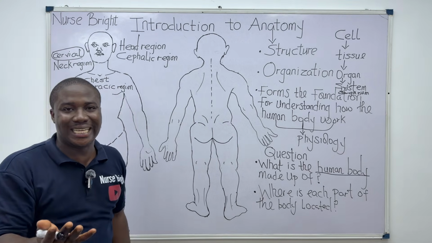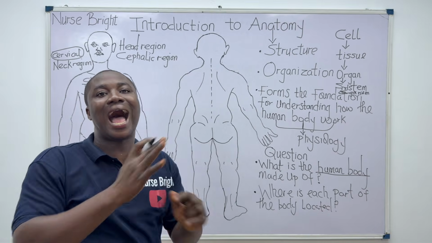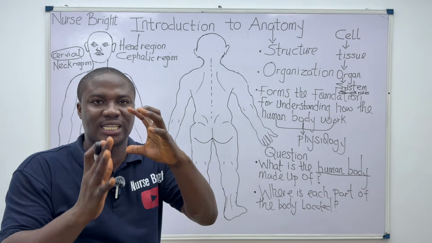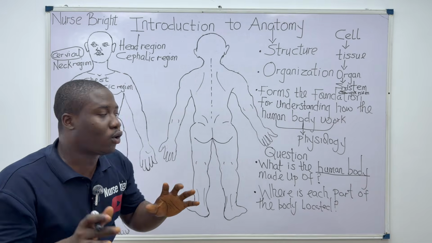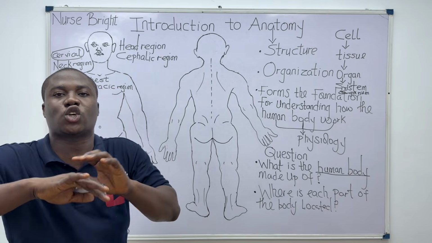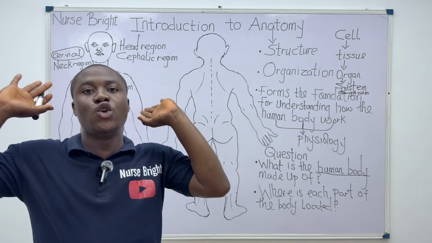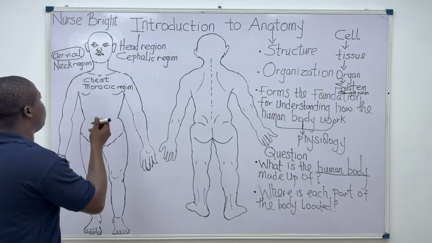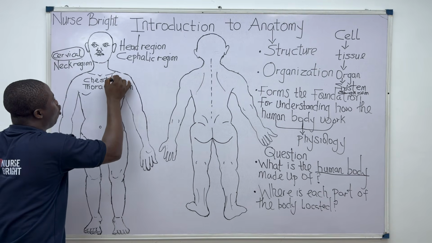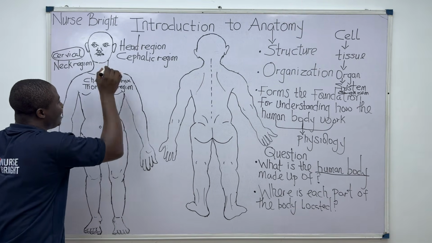Hope you are aware. All these things are easy, they are not hard at all. It's better we start using the right terms to explain all of these things. If you don't want to call it the thoracic region, you can just call it the thorax. You are okay. So if you want to call it chest or thoracic region, you can just say, oh, this is my thorax. All these are essential.